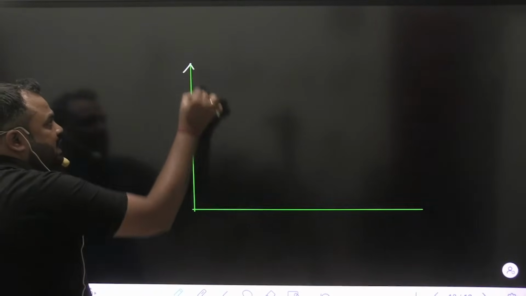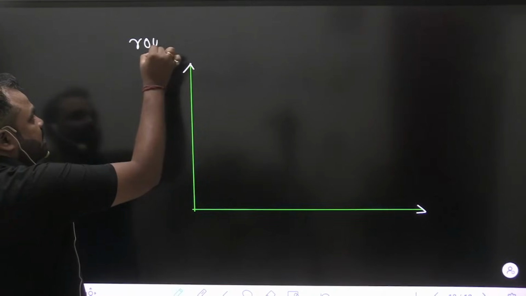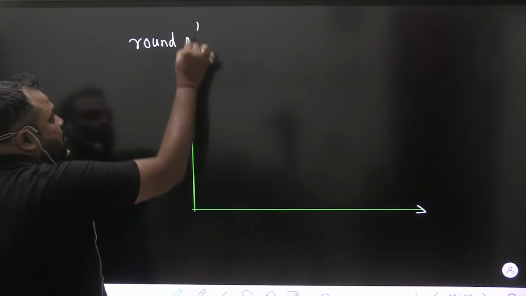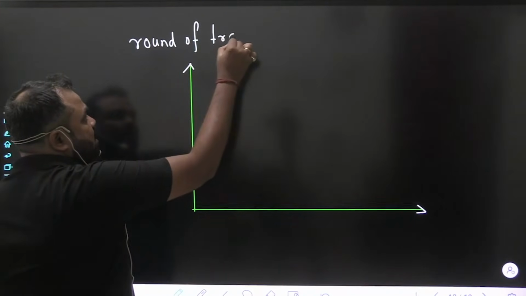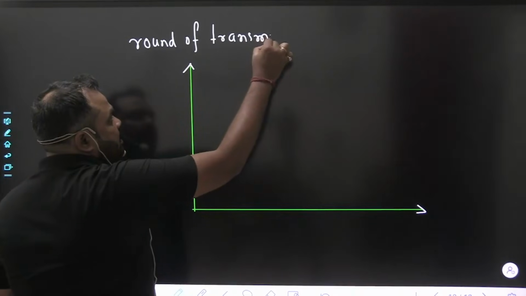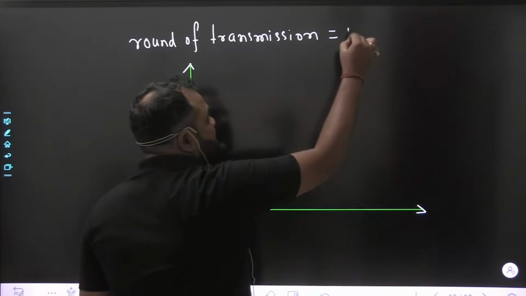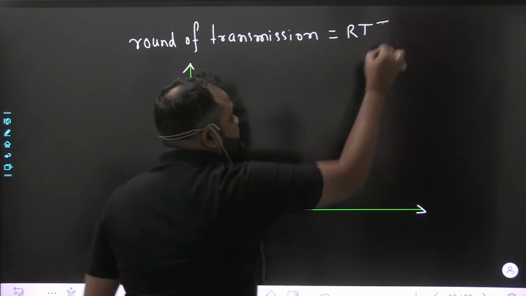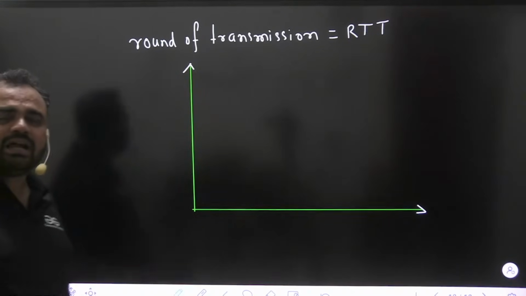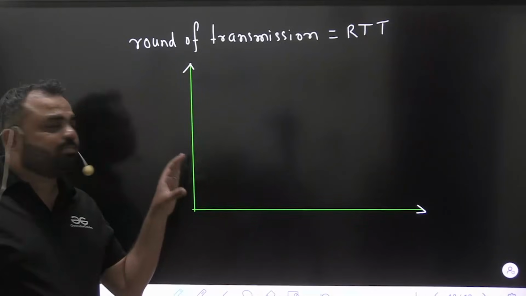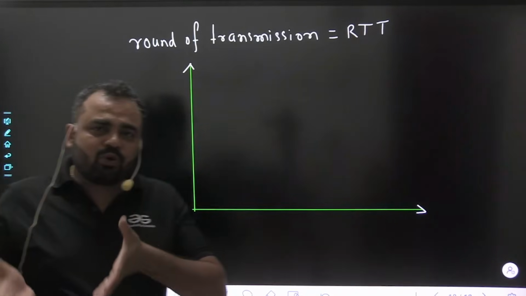आपको ऑब्जर्व करना है कि कितने राउंड ऑफ ट्रांसमिशन का मतलब क्या हो गया, राउंड ऑफ ट्रांसमिशन का बेसिकली मतलब है यहां पर RTT, मतलब कितने आरटीटी के बाद, ठीक है ना।